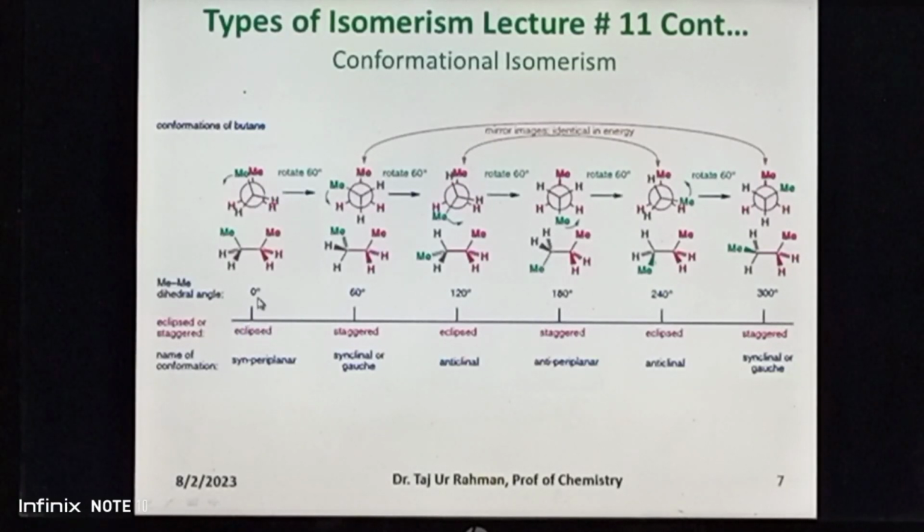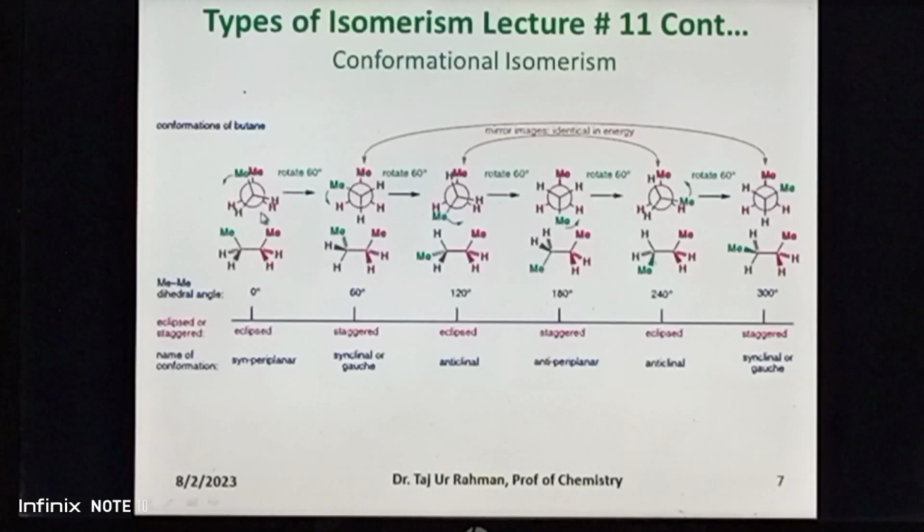this one with dihedral angle of 0 degree, this one with dihedral angle of 120 degree, and this one with dihedral angle of 240 degree are called eclipsed conformers, while this one with dihedral angle of 60 degree, this one with dihedral angle of 180 degree, and this one with dihedral angle of 300 degree are called staggered conformers of butane. Among the eclipsed conformers of butane, the first one, that is this one with dihedral angle of 0 degree, is called fully eclipsed conformer of